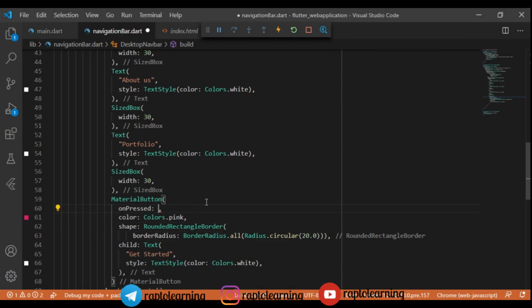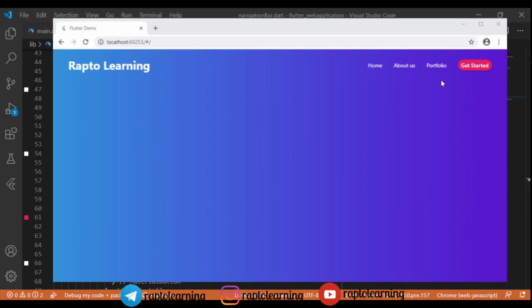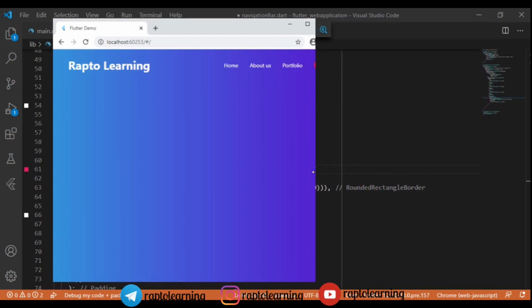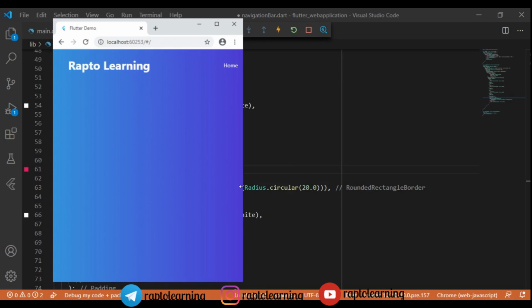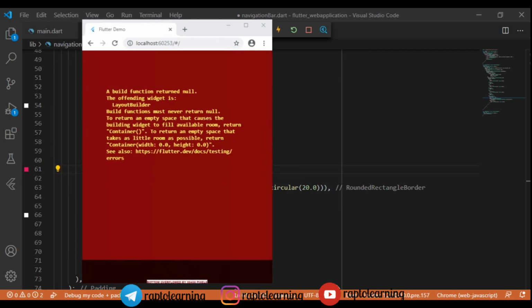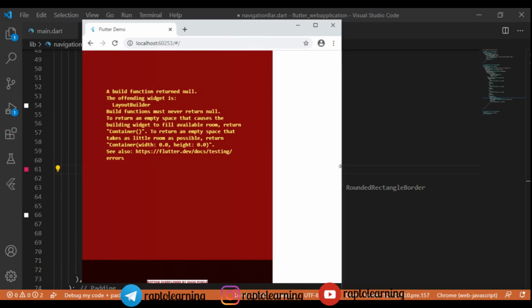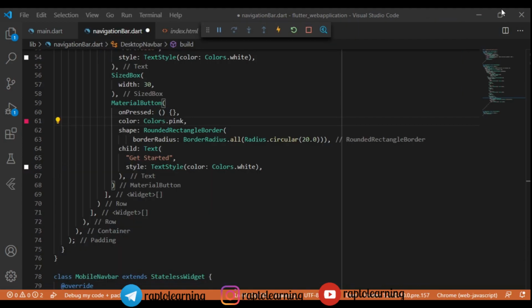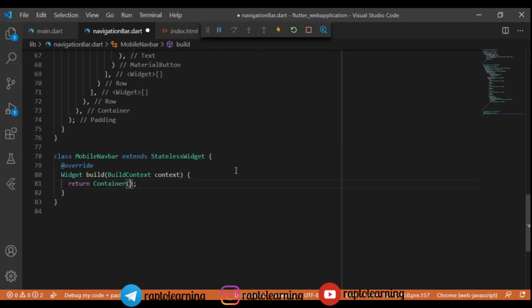For this, I think we have made a mistake: on pressed we will not add one activity, but we will add these brackets and all. So let's see how this makes a difference. As I expected, it was because of that only; the Get Started button is now in our website. As you can see, when you scroll up to 800 pixels it will work fine, but when you go below 800, it will give you an error,